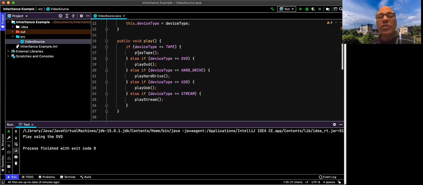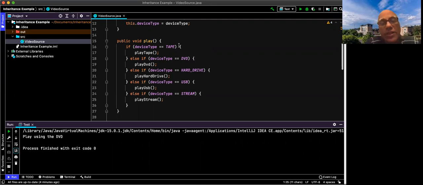So the behavior is dependent on the type. The behavior of the object is dependent on this field. If that is the case, it is time to replace these conditionals with